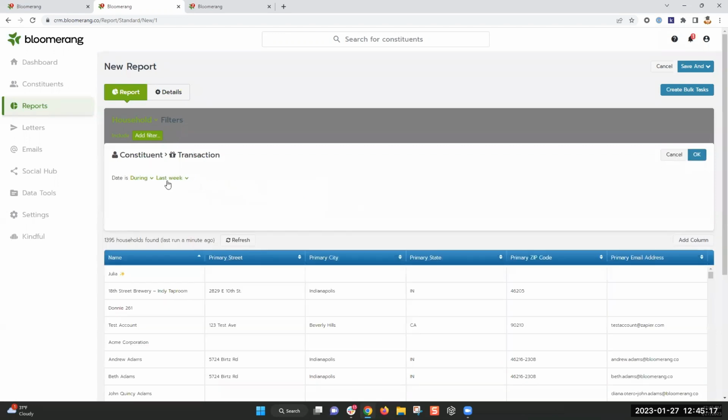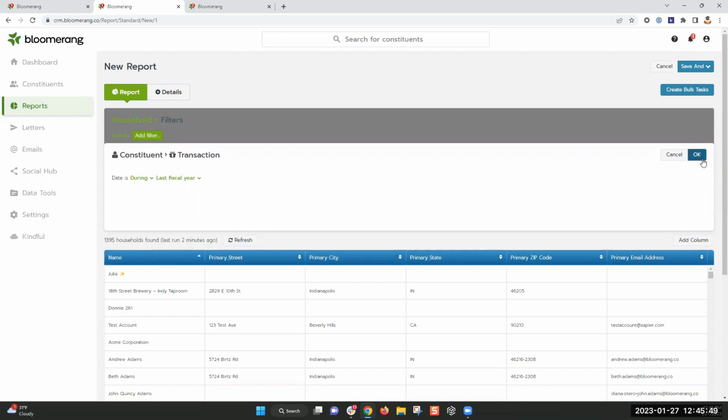So going by date, again, we talked a little bit about this earlier, the difference between last year, this year, next year versus last fiscal year, this fiscal year, next fiscal year. Last year takes a look at calendar year versus last fiscal year goes by the fiscal year date in your organization settings. So again, be deliberate. What are you trying to take a look at? And make sure you set that in your organization settings if you want to take a look at fiscal year.